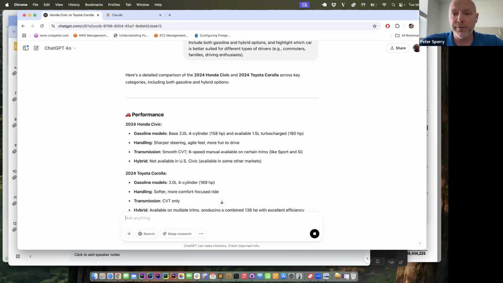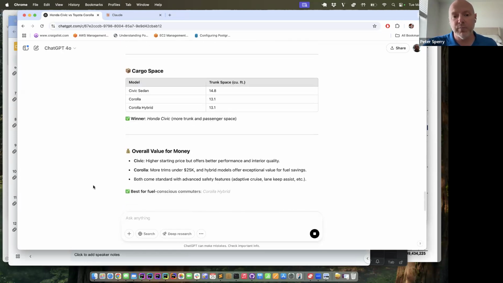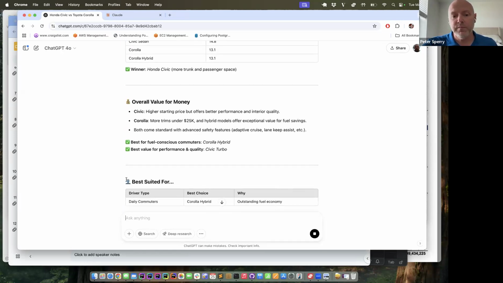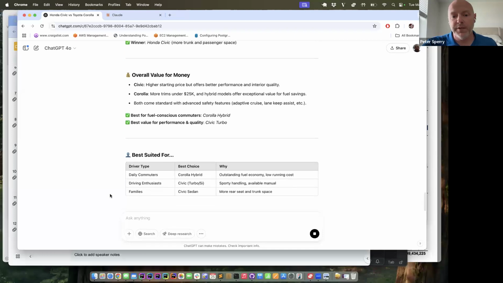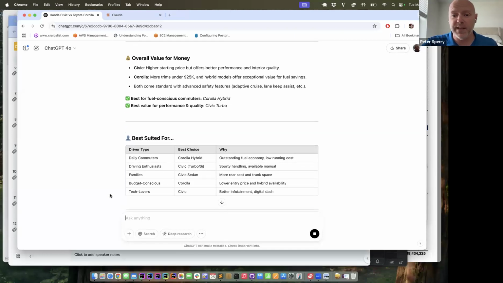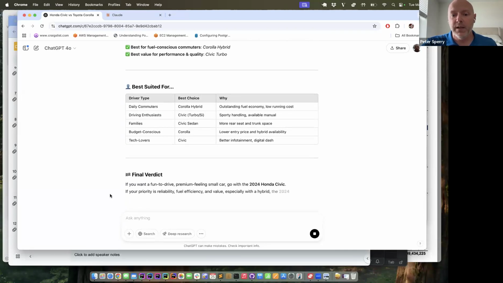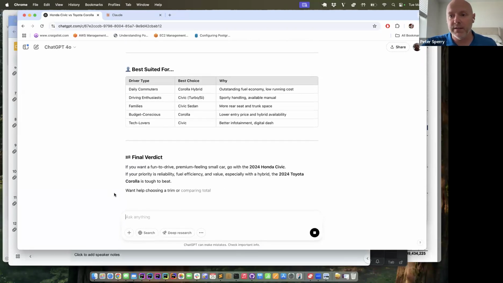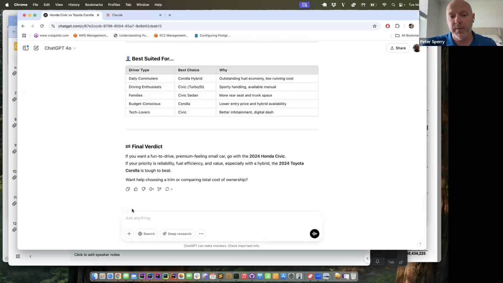So again, if you don't succeed with your initial question with ChatGPT or Claude or Meta, I would encourage you, the first thing you do after you feel like you haven't succeeded is to try it again and have it help you craft the prompt. So it's still working on this. And you'll see, again, it didn't give me the same response this time. It gave me a more finite and summarized version here.